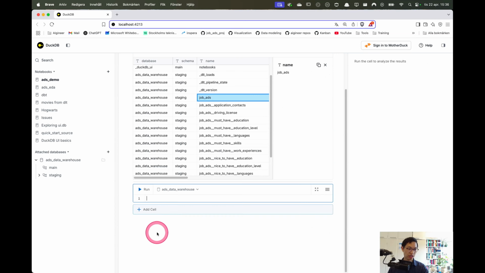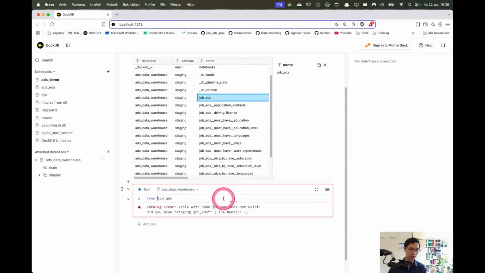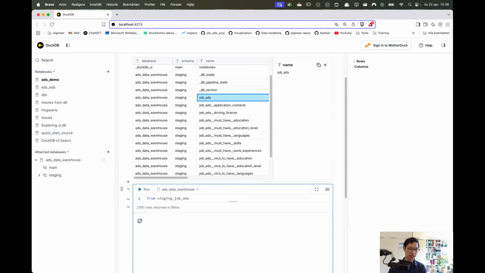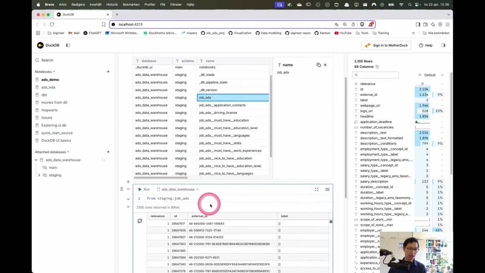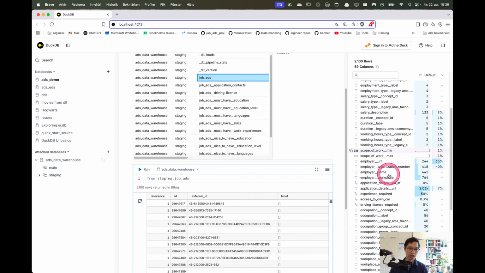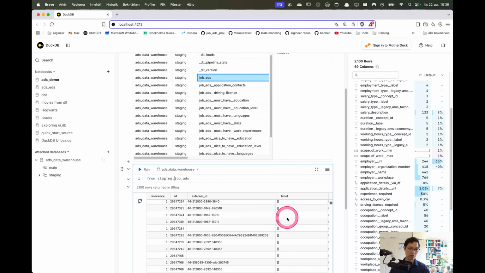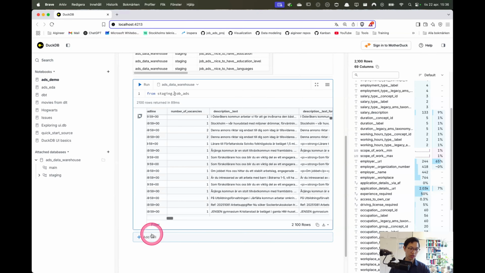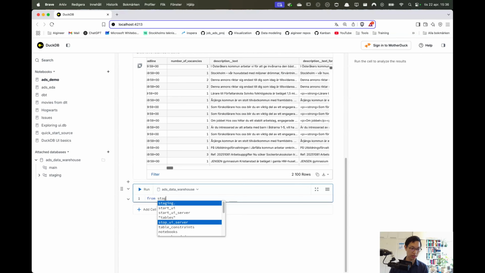So let's search on that one. So from job ads, it doesn't work because it's not in that catalog. It's in the staging schema. And you can see there's 2,100 rows. Okay, that's my mistake. I chose replace, right? So you can see what types of jobs we have here. So we'll do from staging.job_ads, select